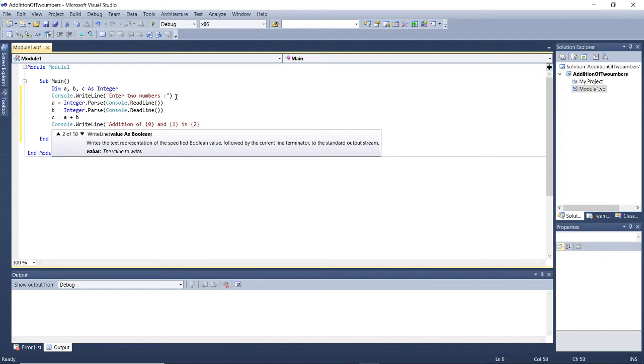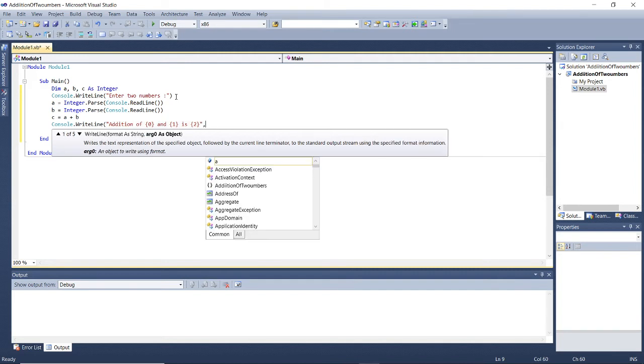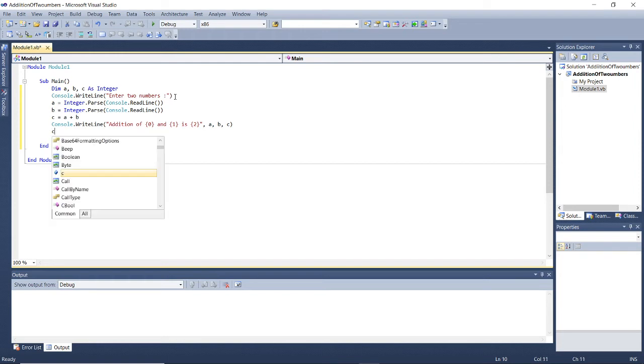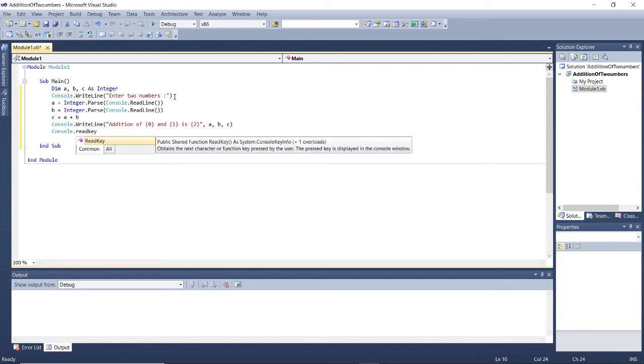Here my message ends, and after that I have to write the appropriate values for 0, 1 and 2. So it is a, comma b, comma c. Just as in C++ we use getch, in Visual Basic we have to use the Console.ReadKey statement.